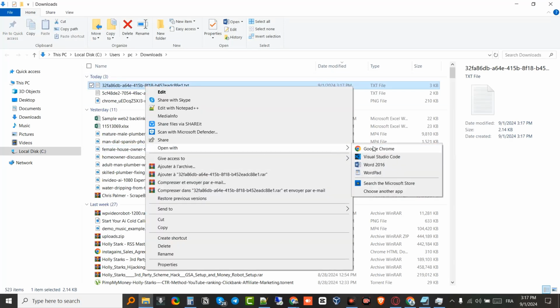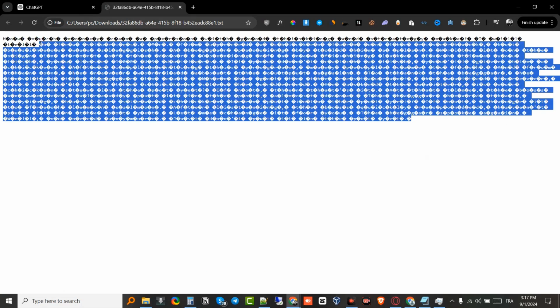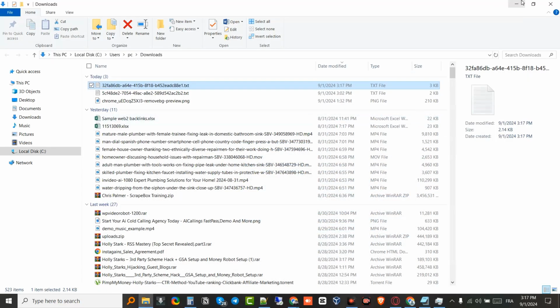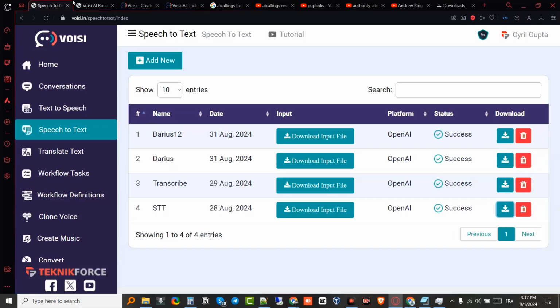So let's open it up in Google Chrome. Again, it's showing gibberish. I'm not sure why. Maybe this feature is not working properly. So let's go back to the software and move on. I'm not sure why it's showing literally a bunch of random codes. But anyways, we move on.